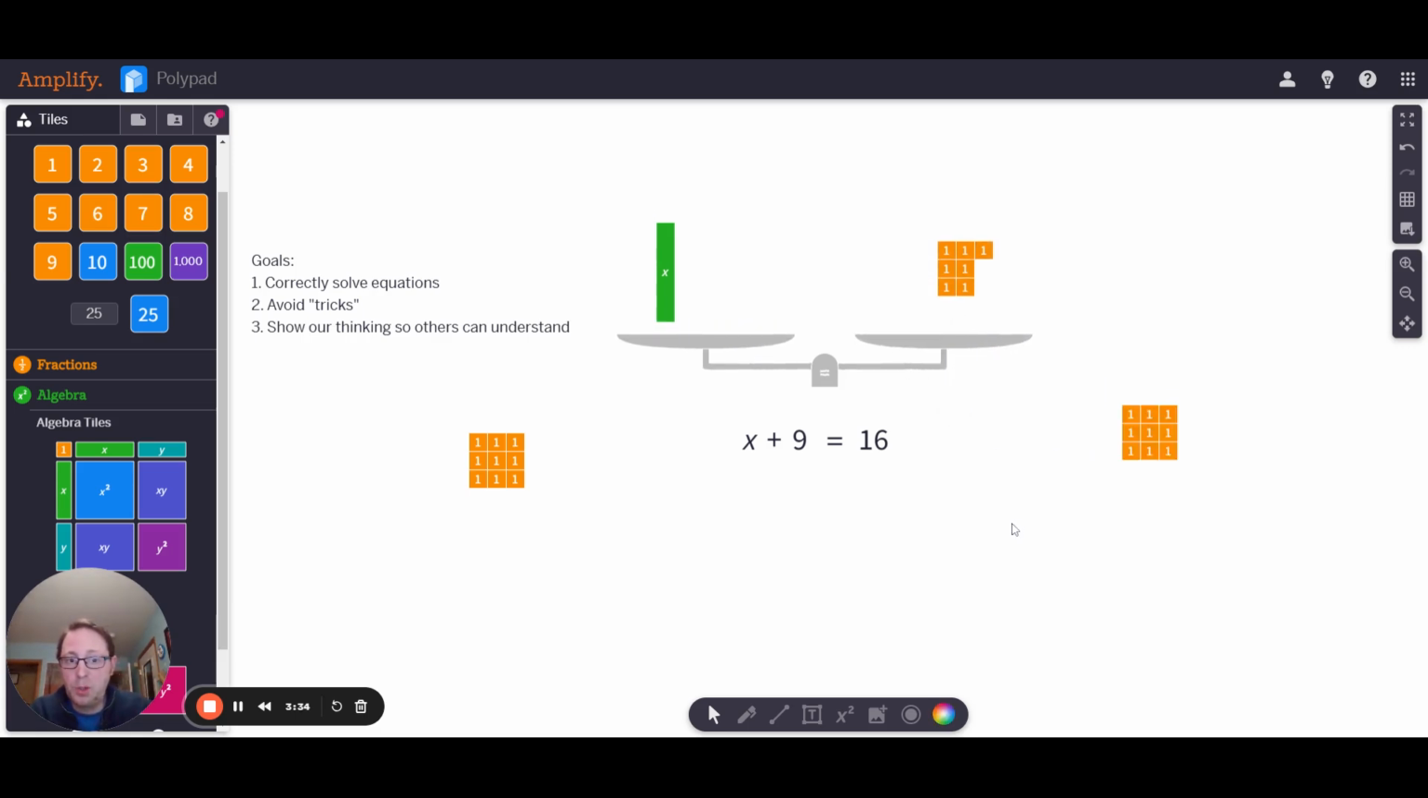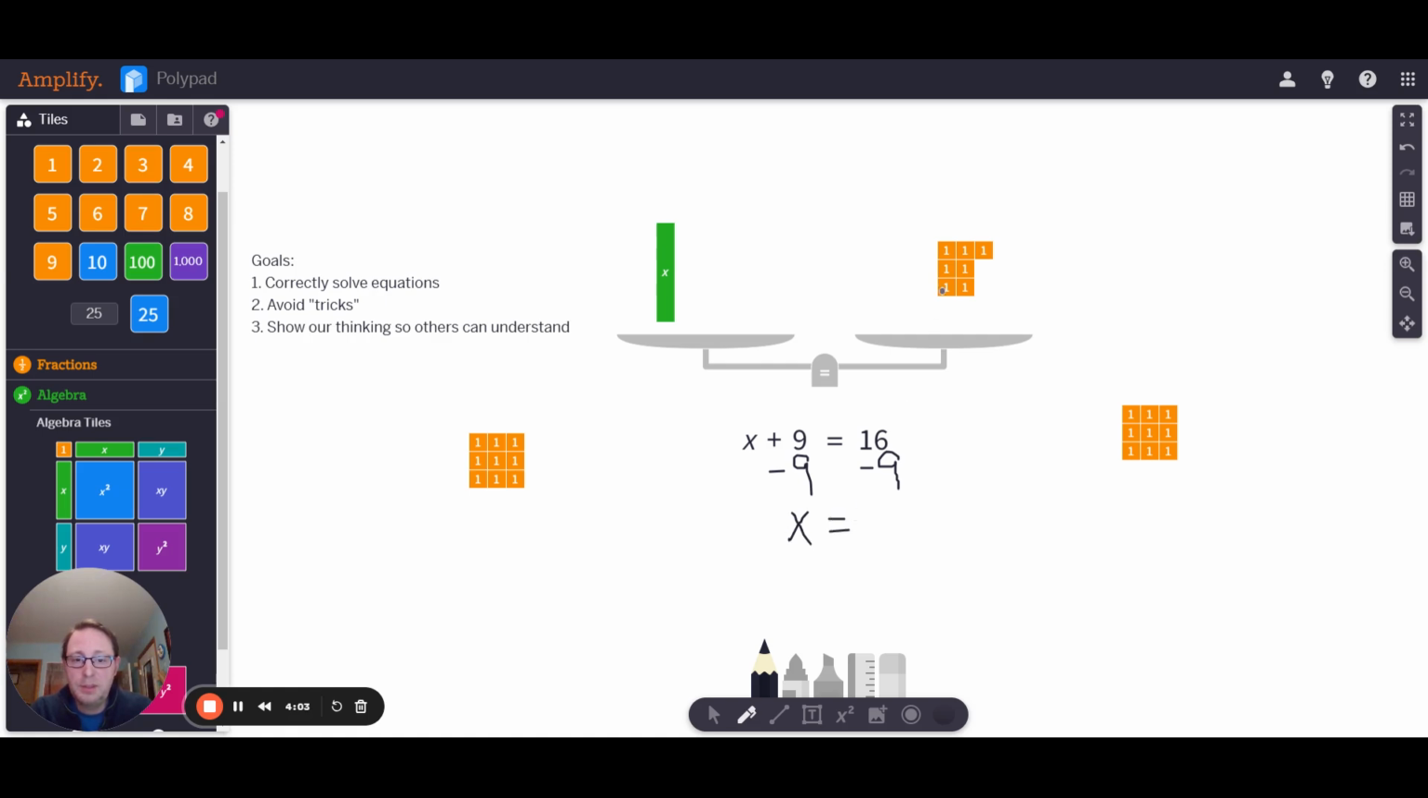Okay. And remember, our goal is we don't want to use the balance scale all the time. We want to eventually not do that. So we're going to write down here what we actually did. And you can use the drawing tool. You can use a text box if you want. But I'm going to show that I subtracted 9 from both sides. And then I'm going to show what is left over. Okay? Now I have x